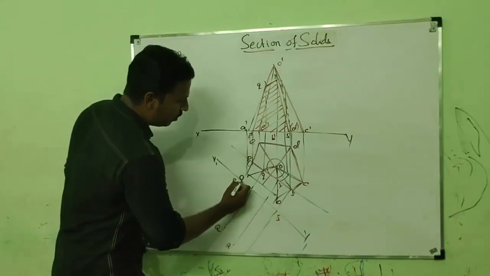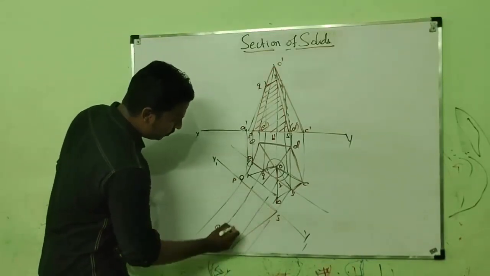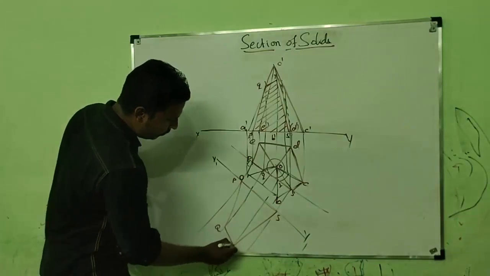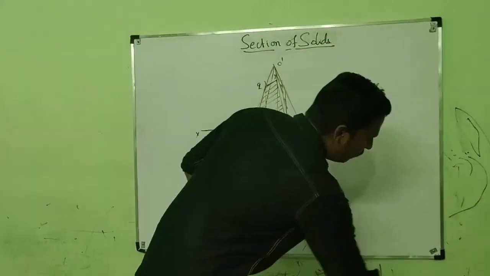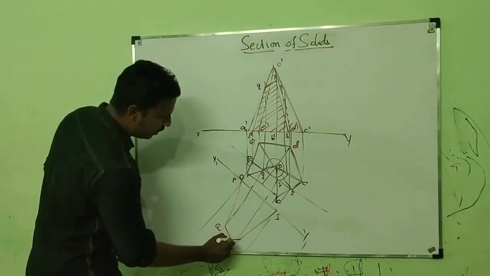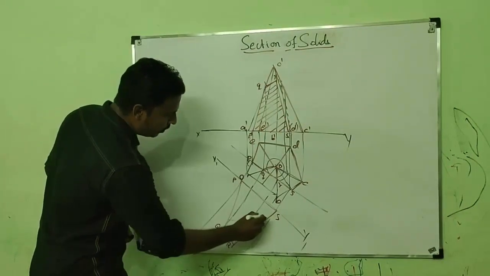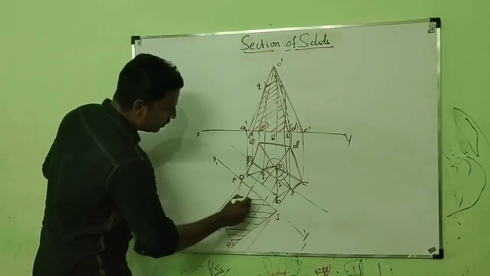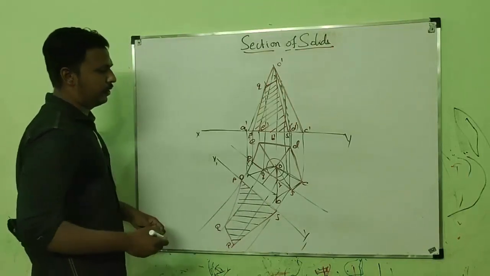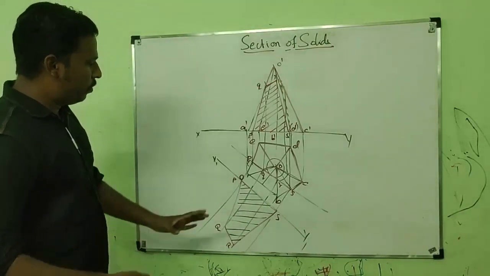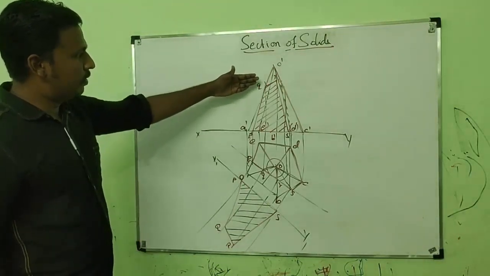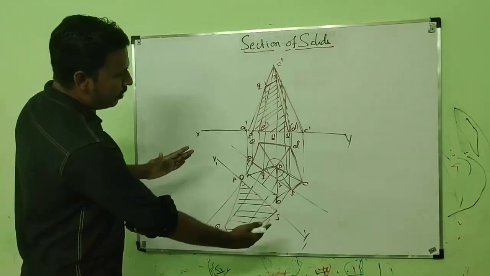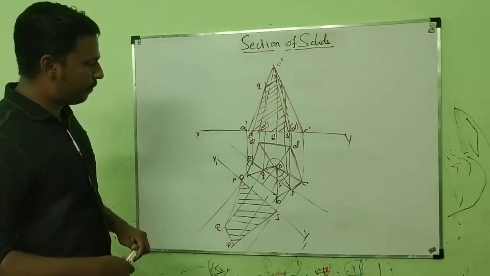Let us connect all the cut points. Now we have a shape. We have to hatch this shape. And this is the true shape of the section. Hatching should be done using thin lines. So the true shape is a similar shape to the sectional view, but it will be a slightly enlarged section. Thank you.